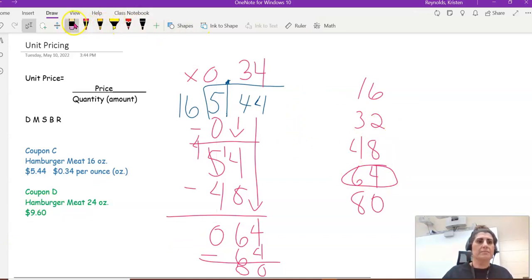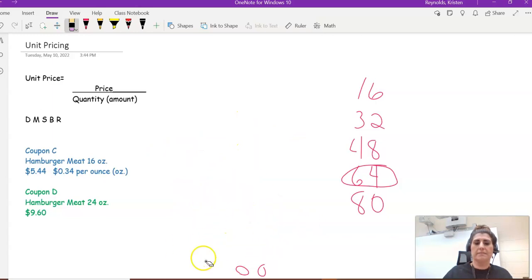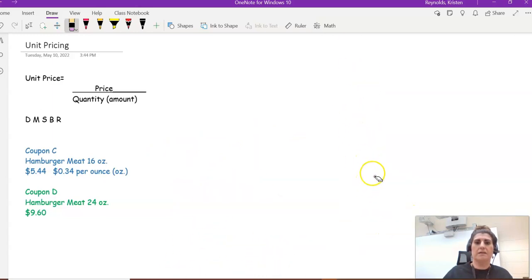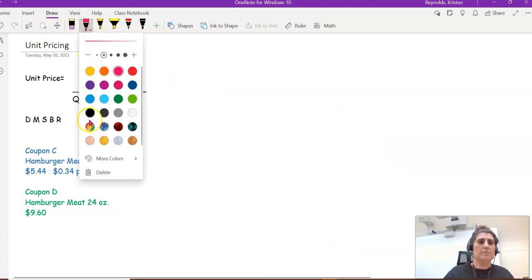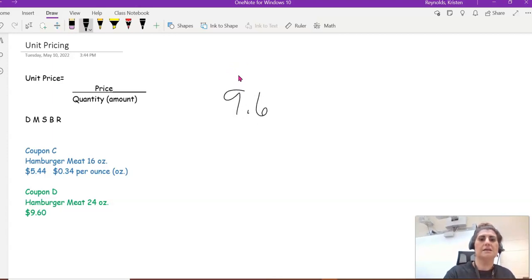for our hamburger meat that's 24 ounces. So I'm going to go ahead and erase this information simply for space. Okay, and so now I'm going to go ahead and write up our problem. And the second problem is $9.60 divided by